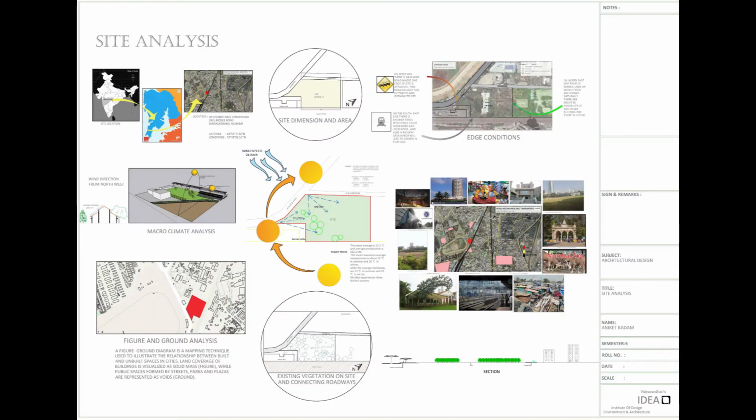Site analysis. The site is located in Mumbai near Mahalakshmi Racecourse. The total area of the site is 32,000 square meters. On the southeast of the site, there are railway tracks and a railway station, which is only for local trains, so there will mostly be less crowd. The yearly maximum average temperature is up to 32 degrees Celsius in summer and 30 in winter, and the minimum average is 30 in summer and 27 in winter. Wind direction is southwest to northeast, and the sun path is from east to west via south.